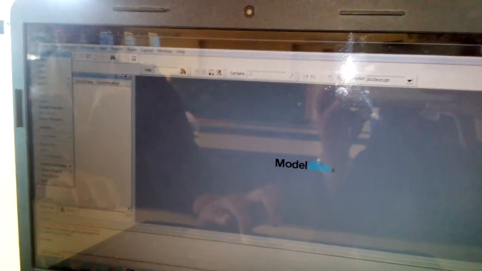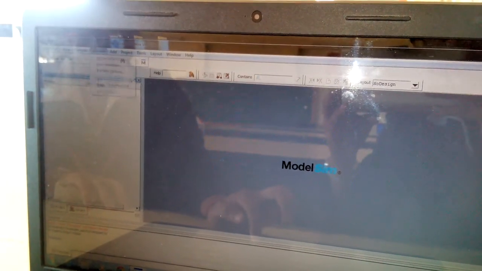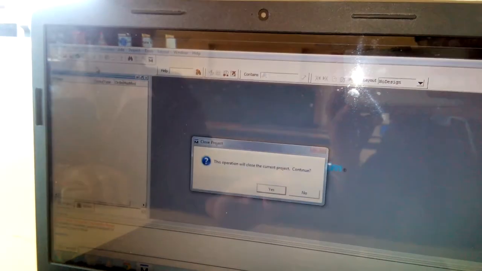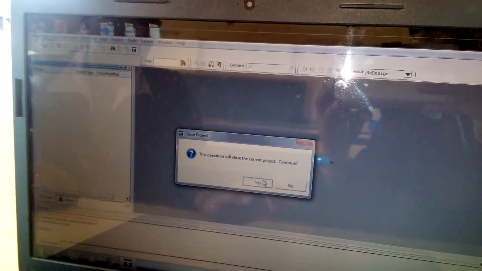Click on File, New, Project. Give the project name.